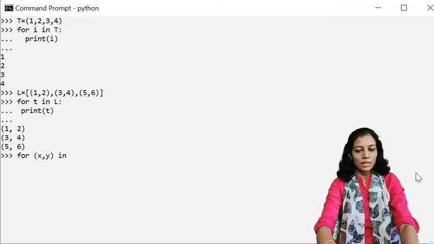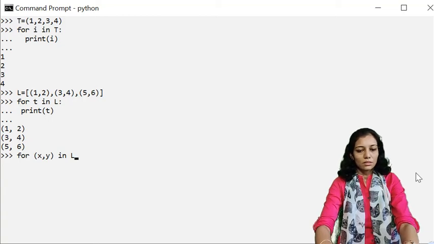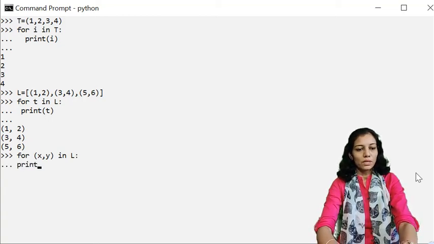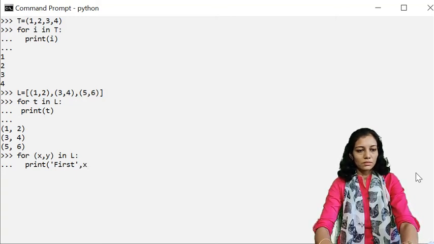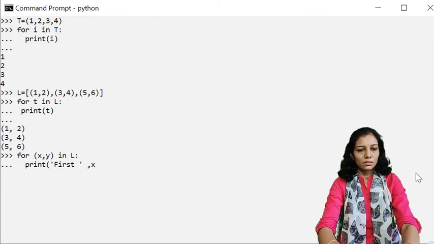In L. Similarly, I'll write print, then first is x and second is y.